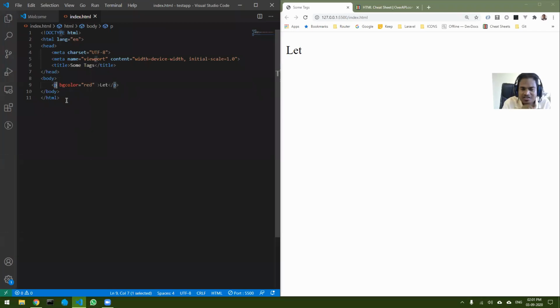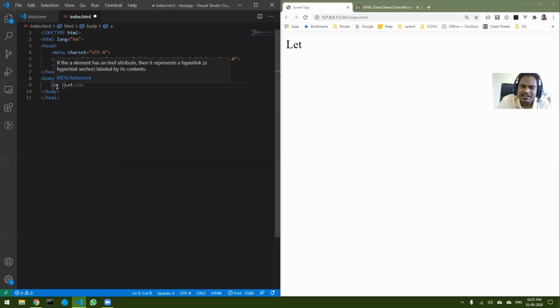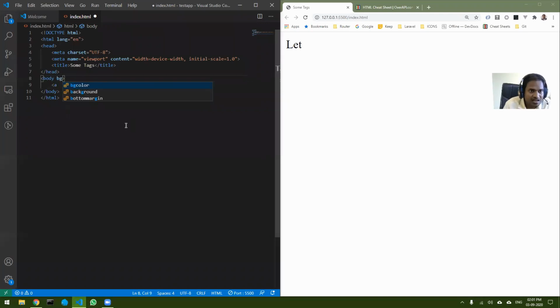I will show you the styling part in the table also; we have to start table next. Let me see if it is there in the anchor tag still. Basically all these things have been removed, so you can see it is coming in red. Previously there used to be ways to set background color. In fact, I think in body I can set the BG color. I'm not sure again.